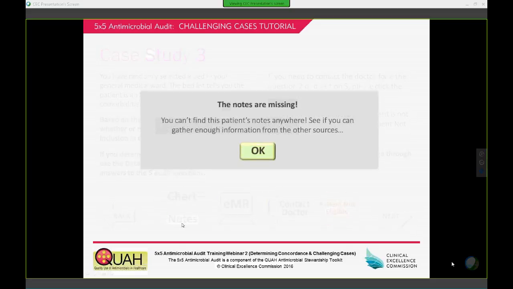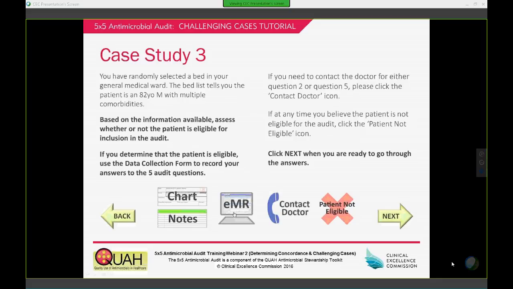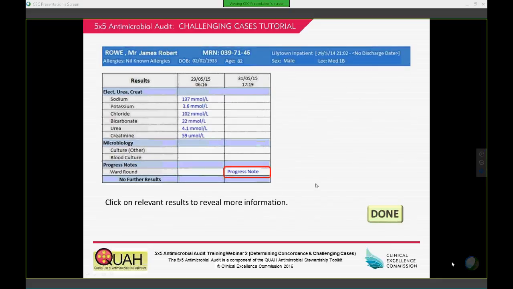Look at that, the notes are missing. We thought that actually mimics life on the wards pretty well, so you can't find these patients' notes and you'll have to see if you can gather information from some other sources. So we might have a look at the electronic medical record, and we can see that we've got a progress